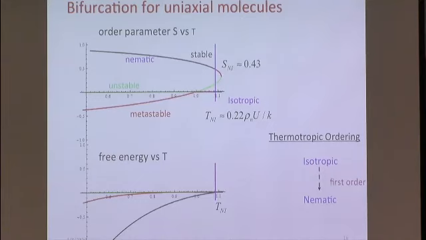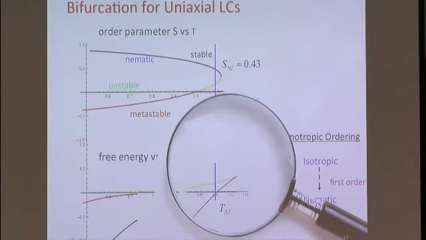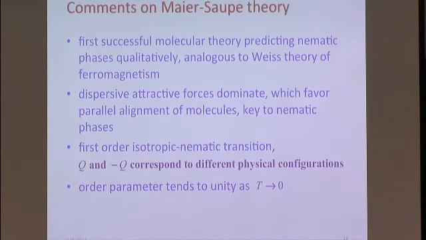In order to determine which one is stable, we have to calculate the free energy for each solution, and you can see that the lowest energy is colored by the black. You can see at the transition temperature, the lowest free energy is changing continuously, but the first order derivative is discontinuous. So that is a characterization of the first order transition. So here are the comments on the Maier-Saupe theory. It is the first successful molecular theory predicting the nematic phase